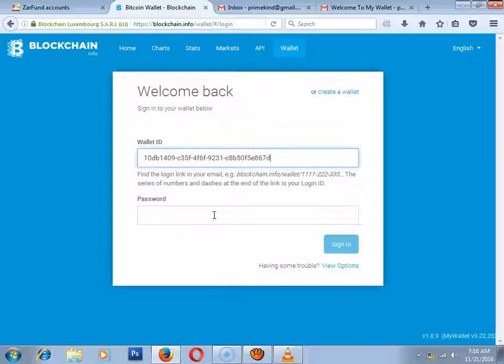locks you out of your account after 10 minutes, except you go to settings and increase the time or reduce the time based on your own personal choice and preferences. But meanwhile, you paste the wallet ID here, which is your blockchain identifier, like we've just copied from your email. Then you also add your password here. Okay, then click sign in. Blockchain signs you into your account.